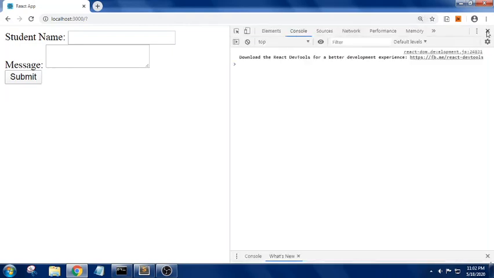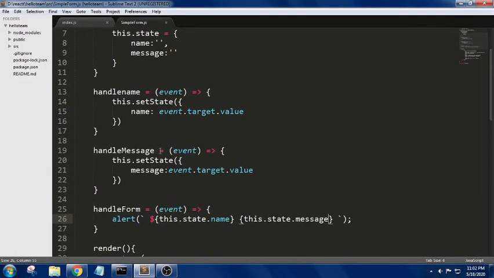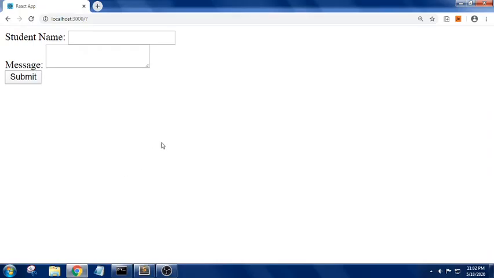There is no issue in this. So we haven't passed some value. We have missed the template literal here, that is the dollar symbol. So it was echoing as a string. Now yes, we got it.